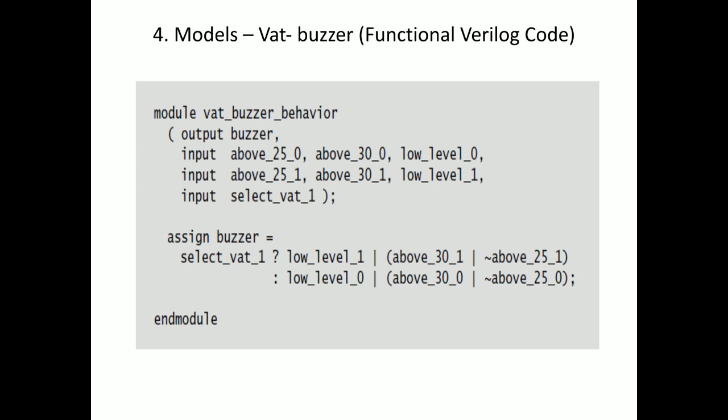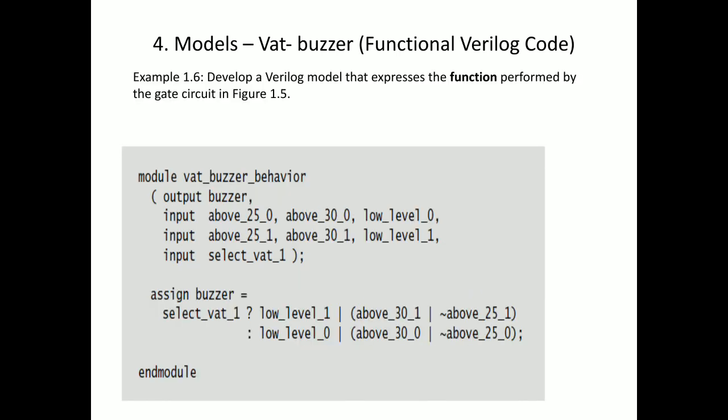One more thing, please be aware, the question is the same. In the exam they may ask you to write the Verilog code for the bad buzzer circuit, and they will give the circuit also. But you need to look carefully whether they are asking for the Verilog code in the logical structural way, or in the functional way. Please don't mix the styles of Verilog code and don't lose the marks. If they're asking for the structural way, go for the first Verilog example we took. If they're asking for the functional way, just use this program. Okay, we'll continue.